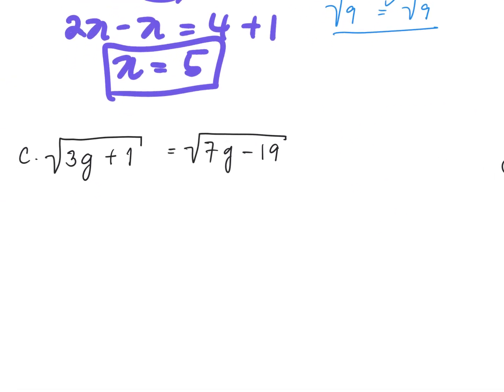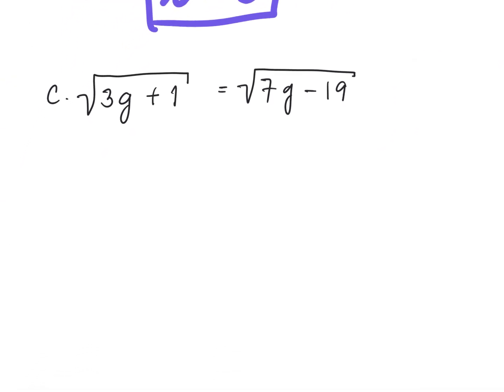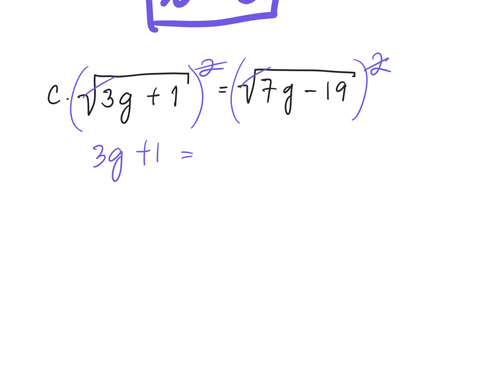Next, let's go to letter C. Let's raise both sides again to the power of 2 to cancel the radicals. This is going to give you 3g plus 1 is equal to 7g minus 19. This side is greater, so I'm going to transpose this one to the other side instead. And this one is greater also, so I'm going to transpose it to the other side. So this is going to give you